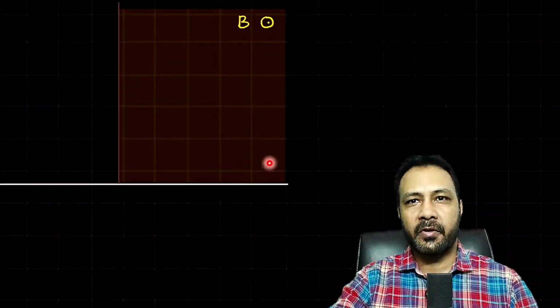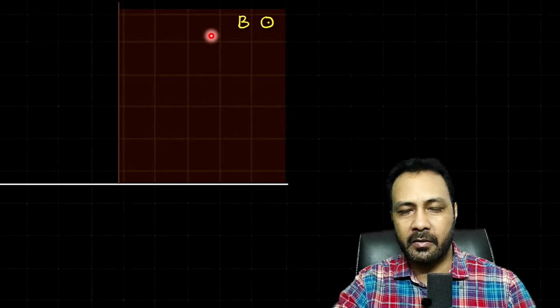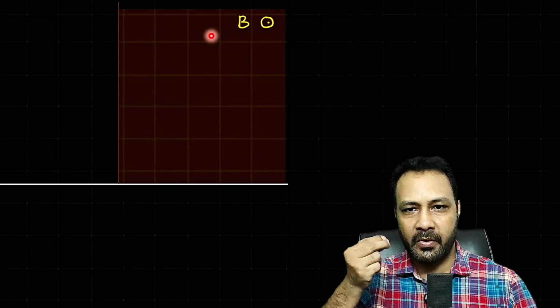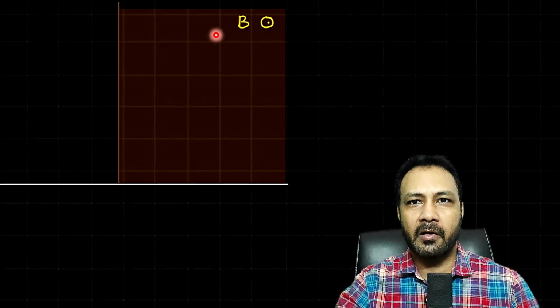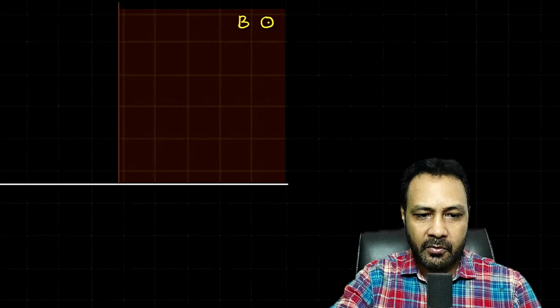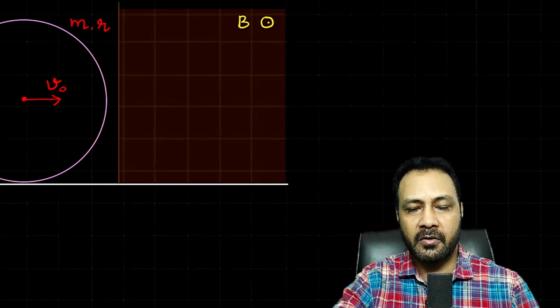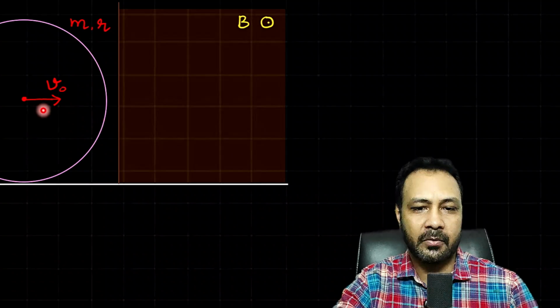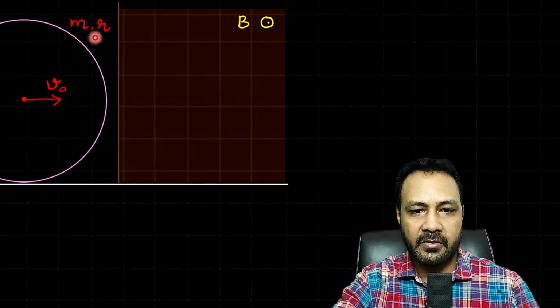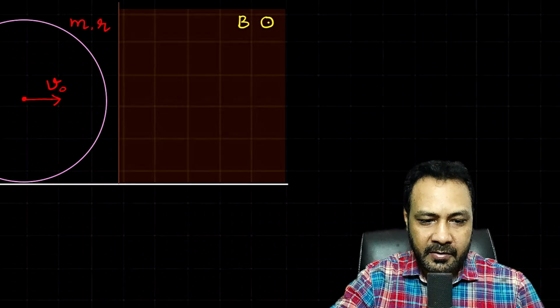Alright. So here is the situation. This is the region of uniform magnetic field B. It's a horizontal magnetic field towards me, perpendicular to the plane and towards the observer. And this is a horizontal surface tabletop, and this is a ring translating with velocity V0, non-conducting ring, radius r, uniformly distributed, mass m. Now it has entered